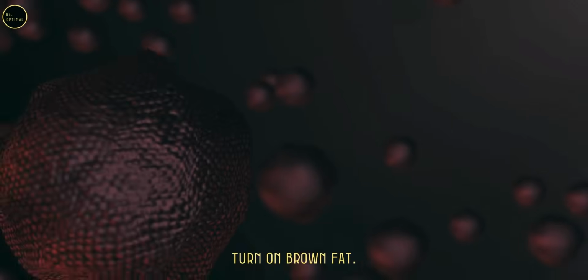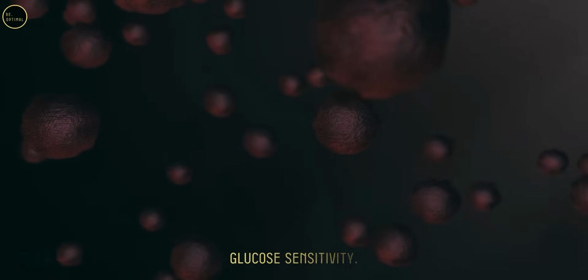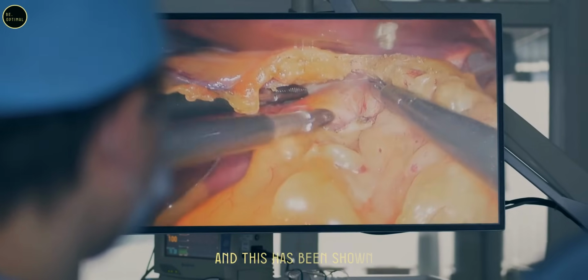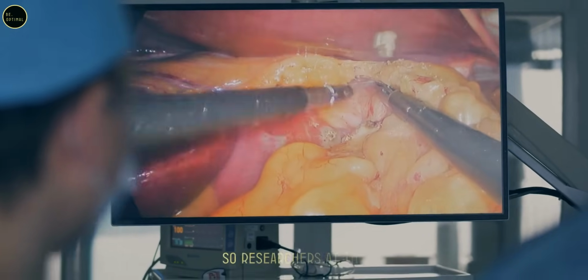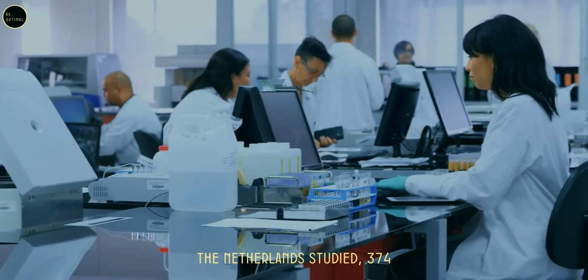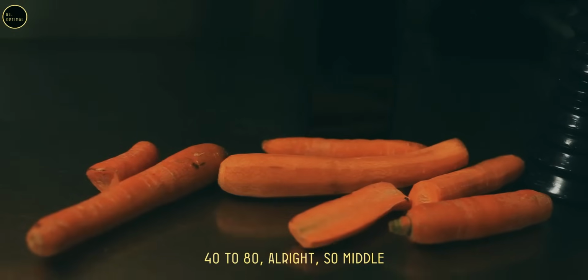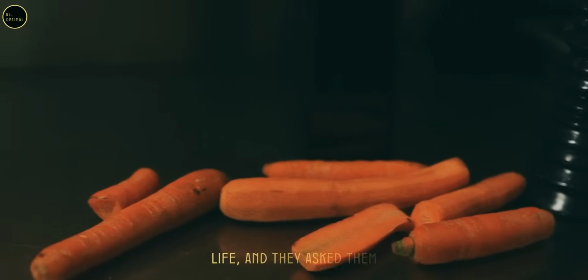Now, what do those carotenoids do? Turn on brown fat. They up your metabolism. They lower inflammation. They improve glucose sensitivity. And this has been shown in clinical studies. So researchers at the University Medical Center in the Netherlands studied 374 middle-aged men, actually 40 to 80, all right, so middle-aged, the second half of life,